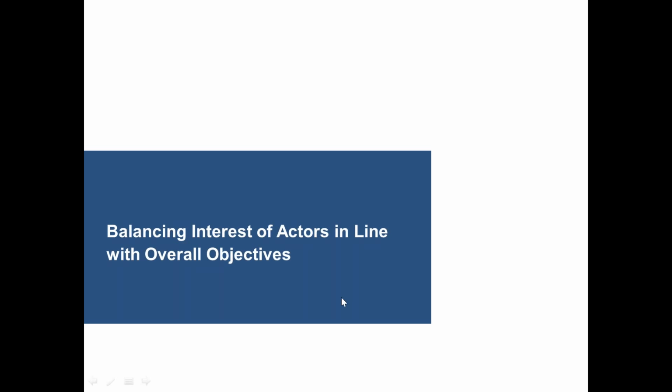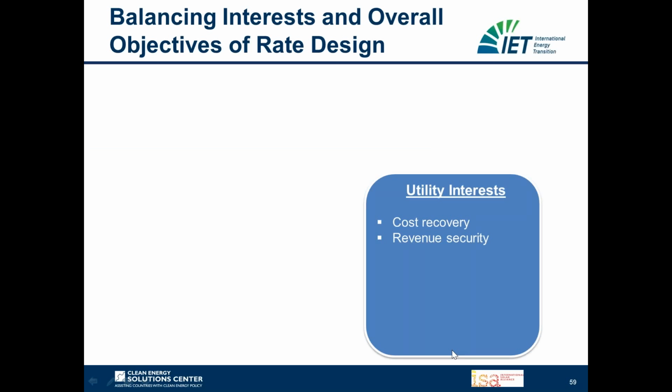Now let's look again at the interests that different actors have. We discussed this already in the last session. What are the interests of different actors? What are the interests of the power system altogether? So when you come to changes of rate design, you have the utilities who always argue